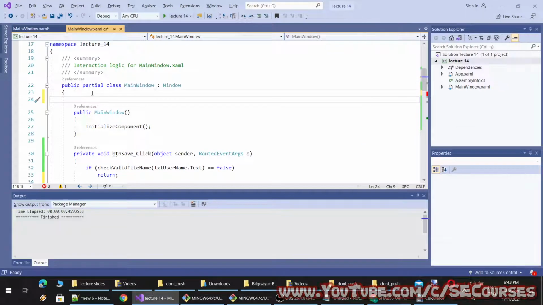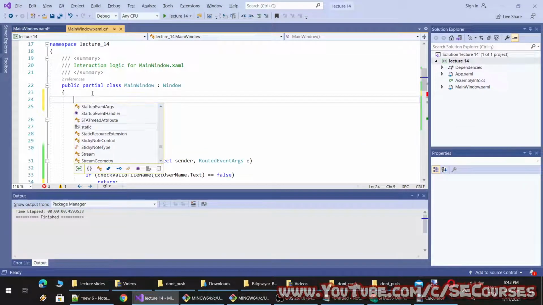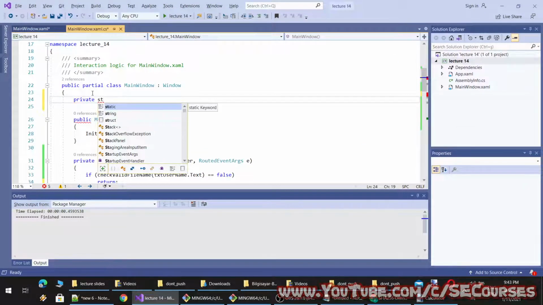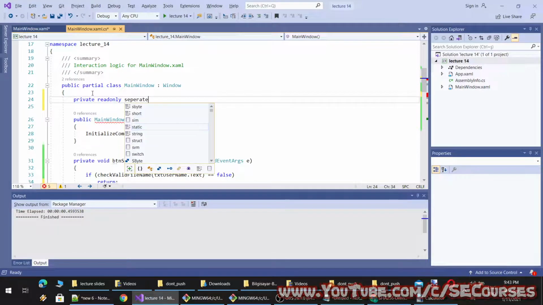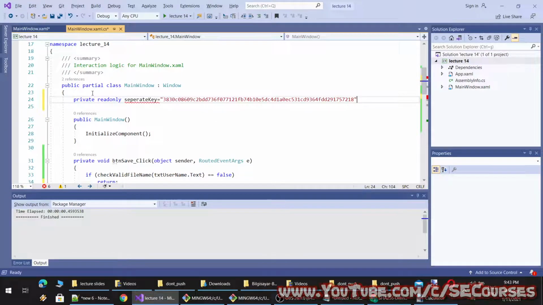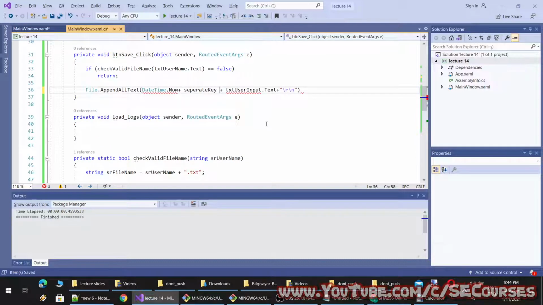So this will be the separation key. Let's say private readonly separate key equal to this. So you see, when you set readonly, it cannot be changed after it is initialized. It is also static. For separation, something like this.